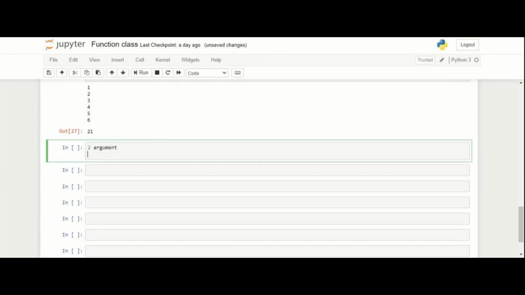Okay, then we'll check the even odd condition. If both are even, then return the greater number.